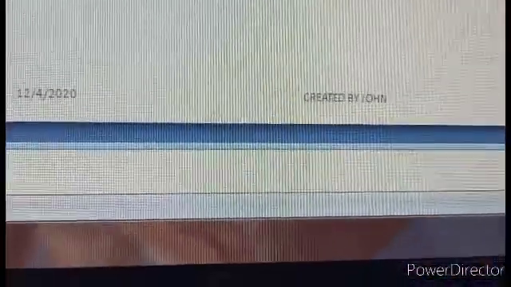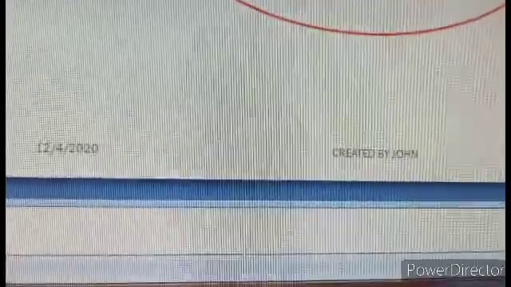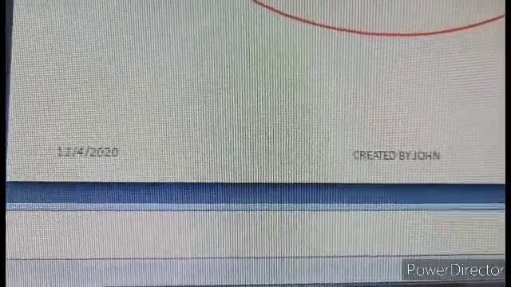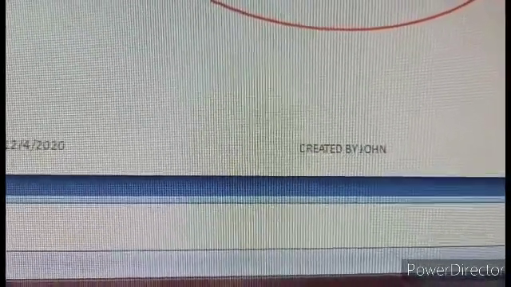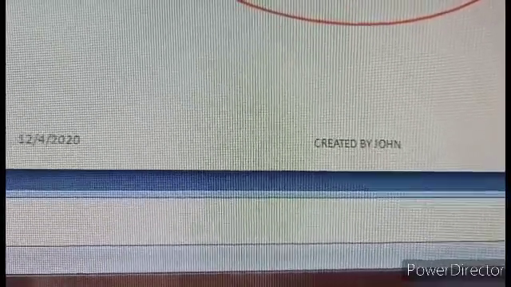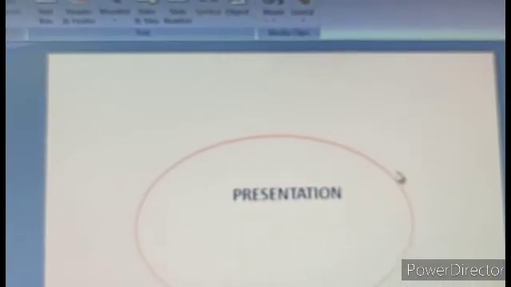Let's see. This has come as a watermark, which means now you cannot make any changes. If you want to change, you have to go to the header footer option and make changes from there only. See, the date has come, the name has come, and it will come repeatedly on every page. The page number has come, and the header portion is blank, so nothing has come there.